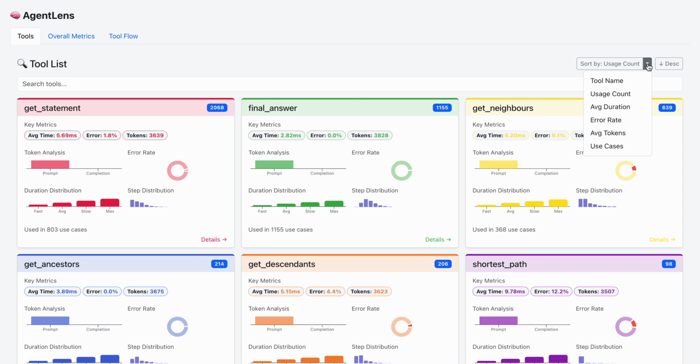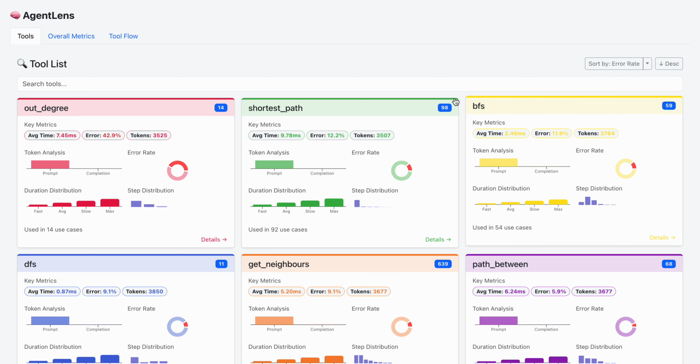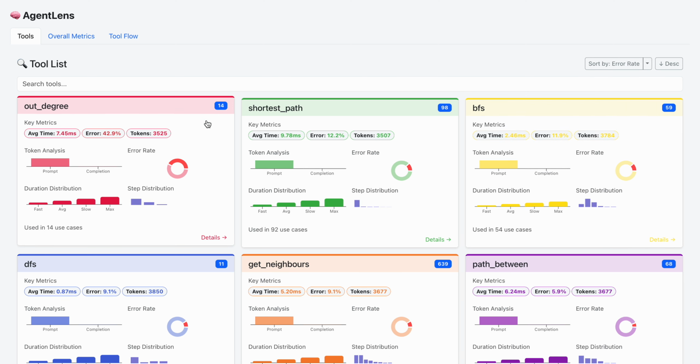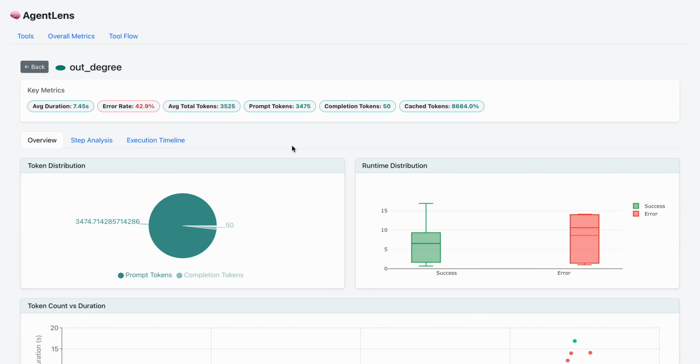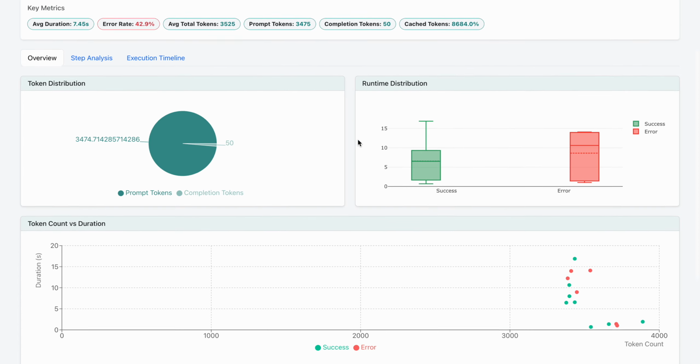So let's say if I want to find what tool creates the most number of errors, I could sort it in descending order by the error rate, which gives me the tool called OutDegree, which has an error rate of 42.9%. Now, as a developer, I might want to interact with this visualization to find out what's wrong. So I can click on details to look at a detailed analysis of what happens